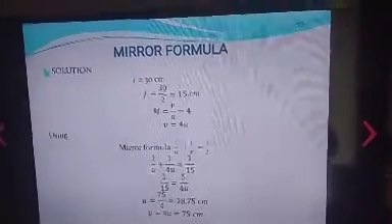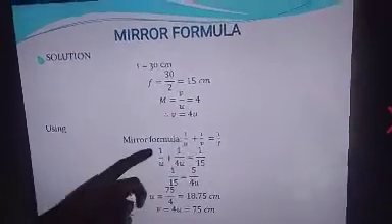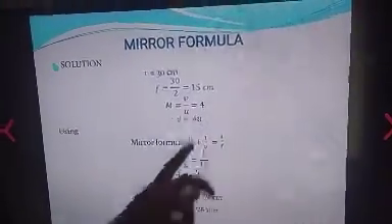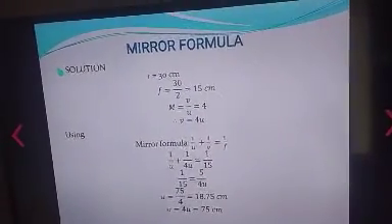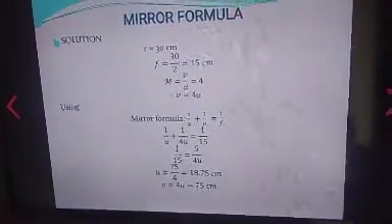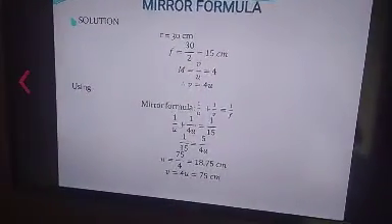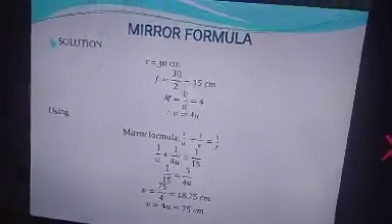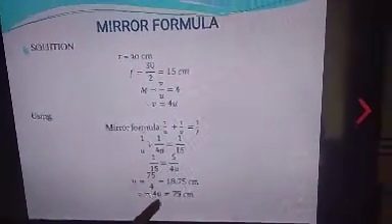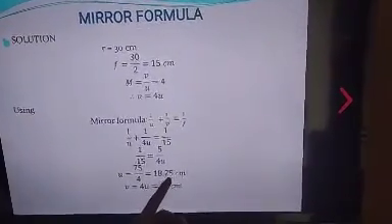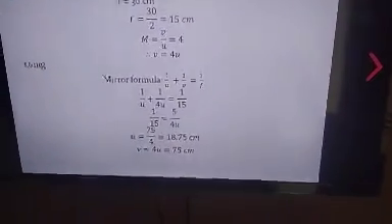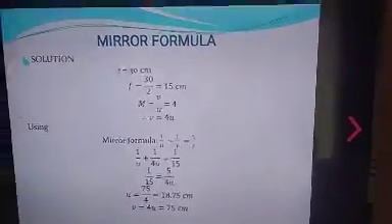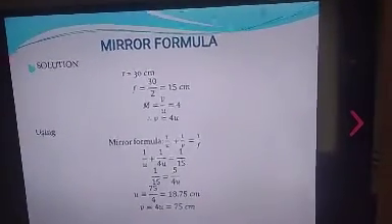Using the mirror formula, inputting the values gotten so far, it becomes 1 over u plus 1 over 4u, since 4u is the same thing as v, equals 1 over f, the reciprocal of our focal length. Now when we do our mathematics, we get our object distance to be 18.75 cm and our image distance to be 75 cm. If you divide 75 by 4, you get 18.75, and if you multiply 18.75 by 4, you get 75. That tells you the values given by the magnification are very correct.